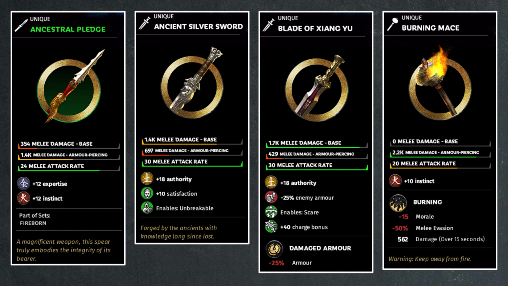So, starting with Ancestral Pledge, this is a weapon that you can only acquire in the game through crafting. Nobody starts with this spear. So, it's open game, get the weapon craftsman quickly, level it up, and you have a chance to get this weapon. If an AI faction gets it before you, whether it's a faction that owns the weapon craftsman, or perhaps